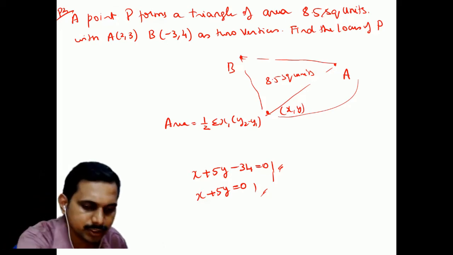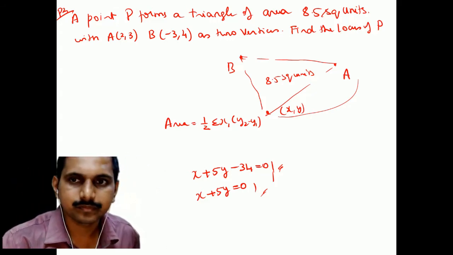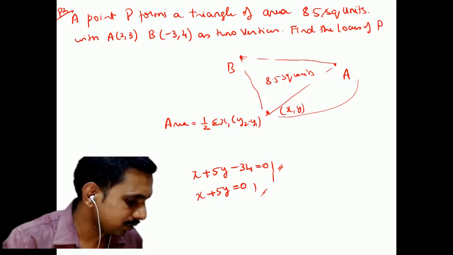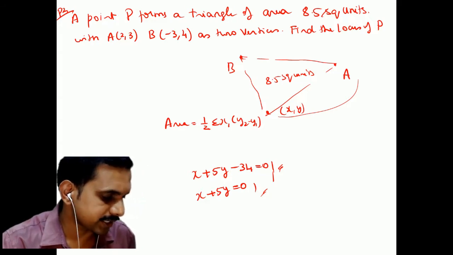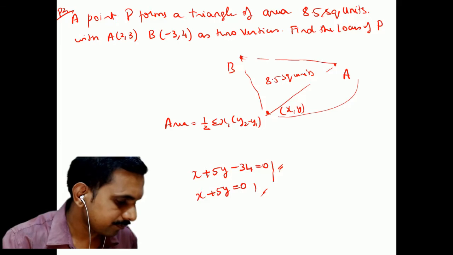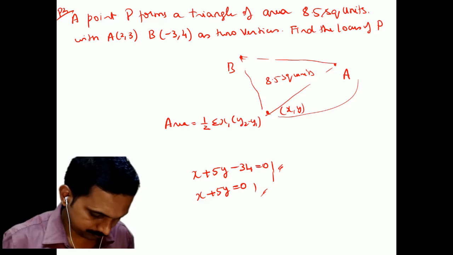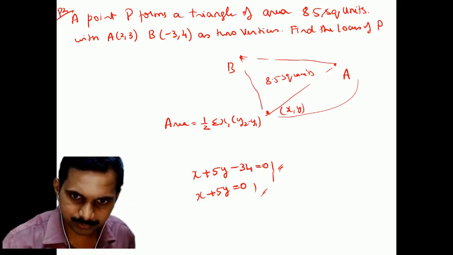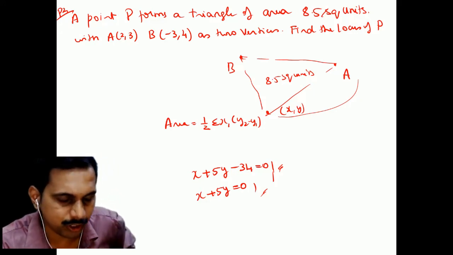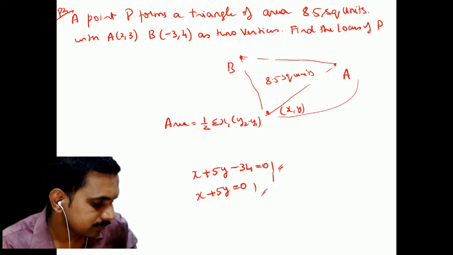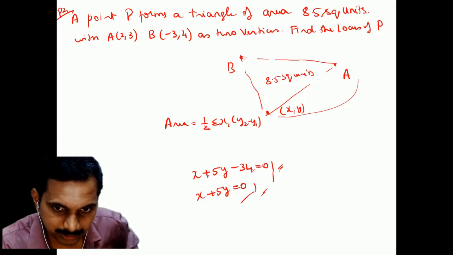Not able to solve? Let us solve this. Did not get this answer? I'm sorry, I think I made a mistake. Alright, no, it's improper. 8.5 square units is the answer, correct? It's correct. Not clear? Got it? Very good. Which one did you get? The top one or the bottom one? Second one you got. You did not get this answer.